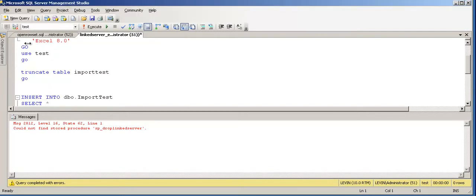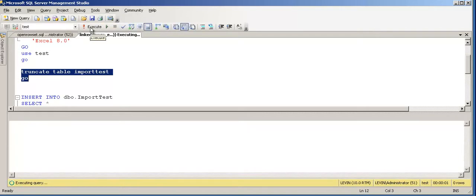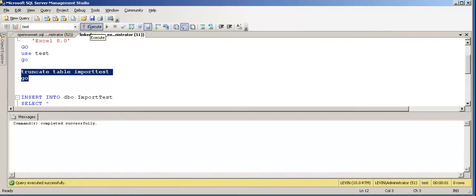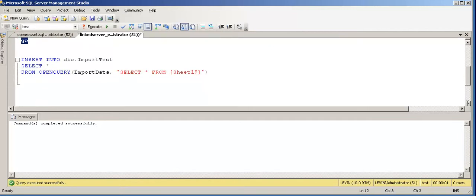Okay, here it is. I'm going to truncate the table I just created in the previous example with OPENROWSET. I'm just going to remove all the rows. Truncate table, usually they say it's not logged, but you have to check it out. Some people have the opinion that it's logged. Whenever you truncate the table, usually SQL Server says it's not logged, but let's find out what exactly it does. But this truncate table will remove all the rows.